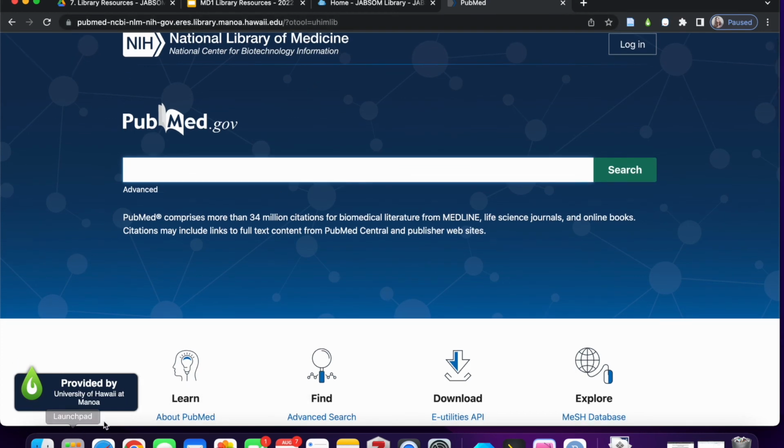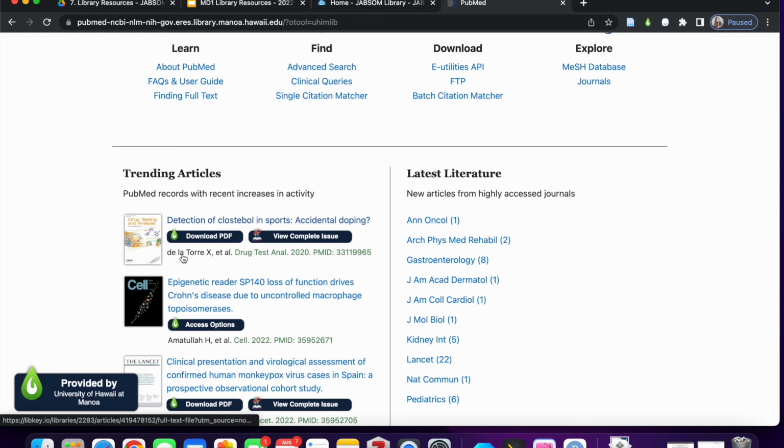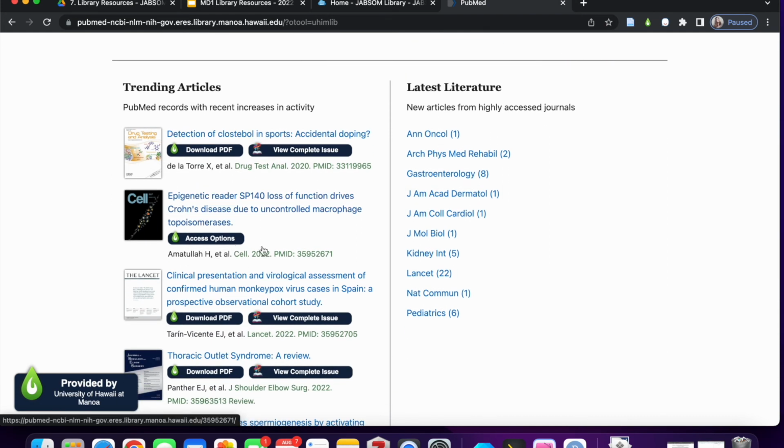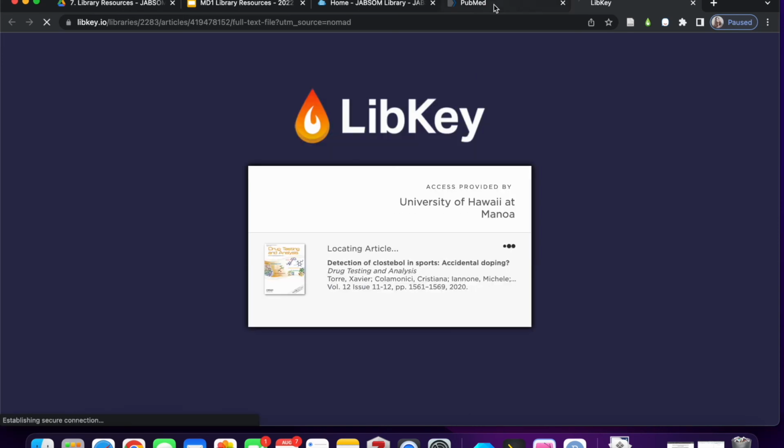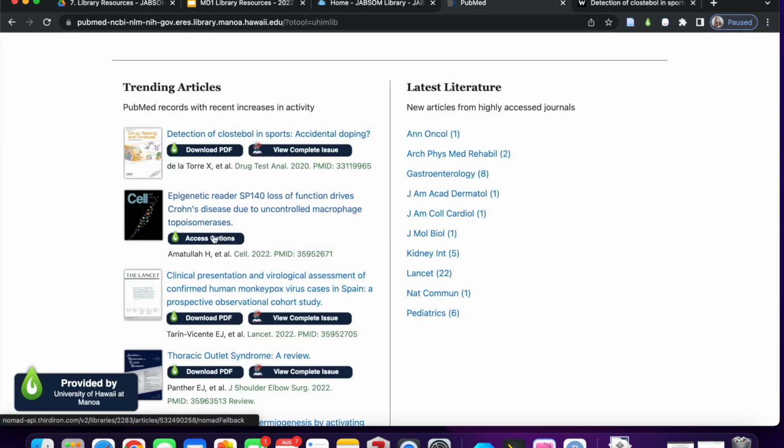And so here I have this little box that says provided by University of Hawaii at Manoa. And then I have these buttons to download PDF. If there is no PDF available, so in Cell we don't get the most recent year for the articles, I have access options. So here I'm going to click on download PDF. It opens a PDF. So really quick, really easy. Okay, so here's my PDF. And then here is a button with access options. So if I click on that, it's going to take me back to